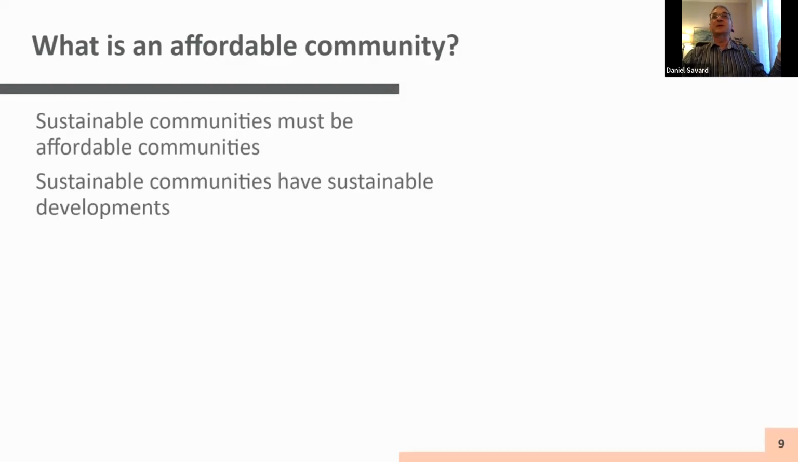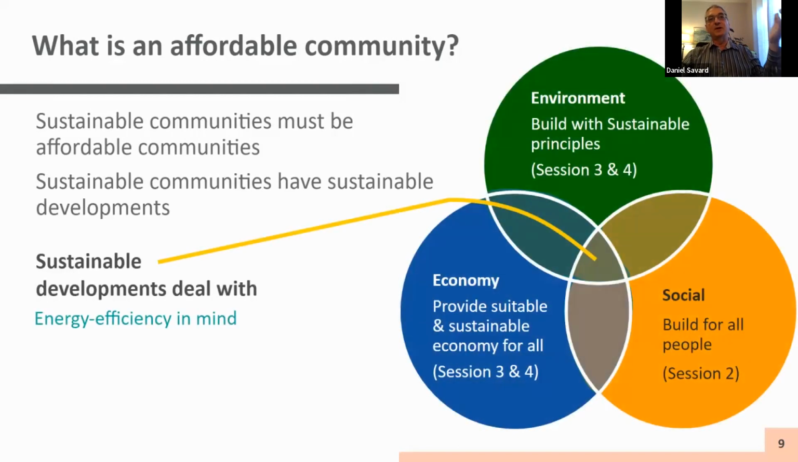Sustainable communities, of course, have sustainable developments. And the sustainable development is going to be trying to reach the center of the triple bottom line planning that we call environment, building with sustainable principles; social, building for all people; economy, providing a suitable and sustainable economy for all. All of that is brought together, and we're going to strive to get to that middle. We will never get exactly in that middle, but we're going to try to be as close as possible